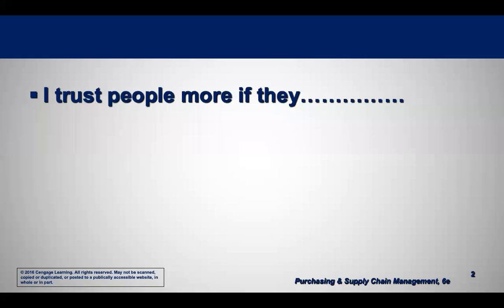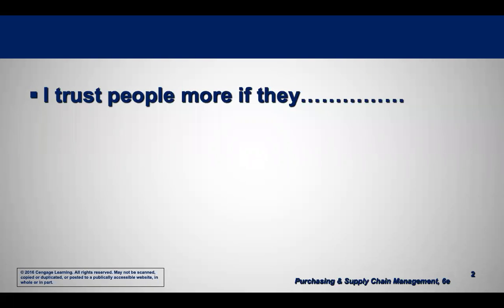So just going back a little bit, we talked about trust last week. I'd like some people to comment to finish this sentence for us: I trust people more if they